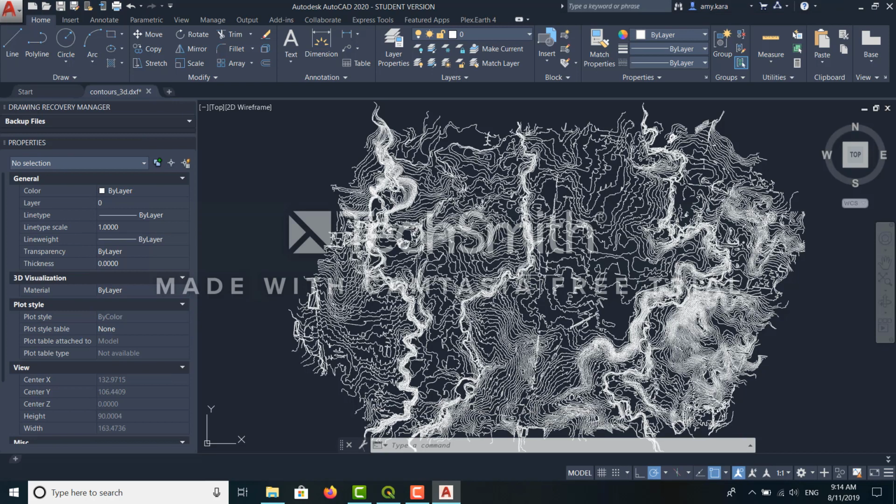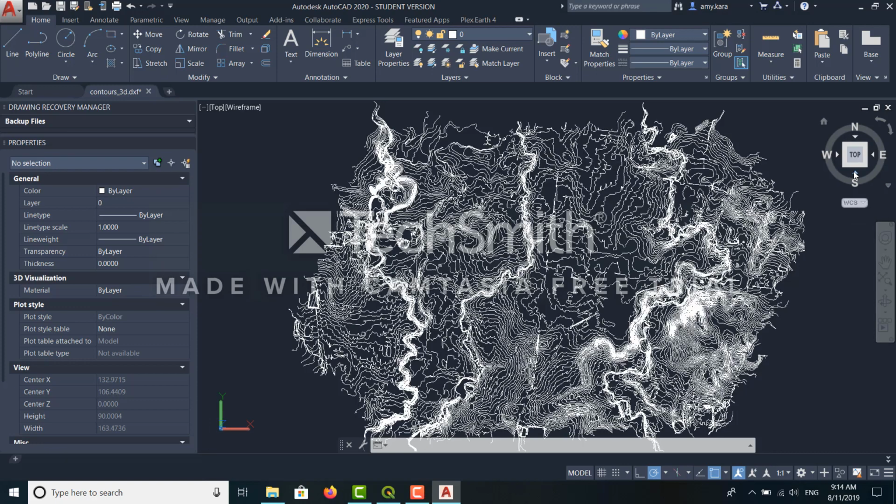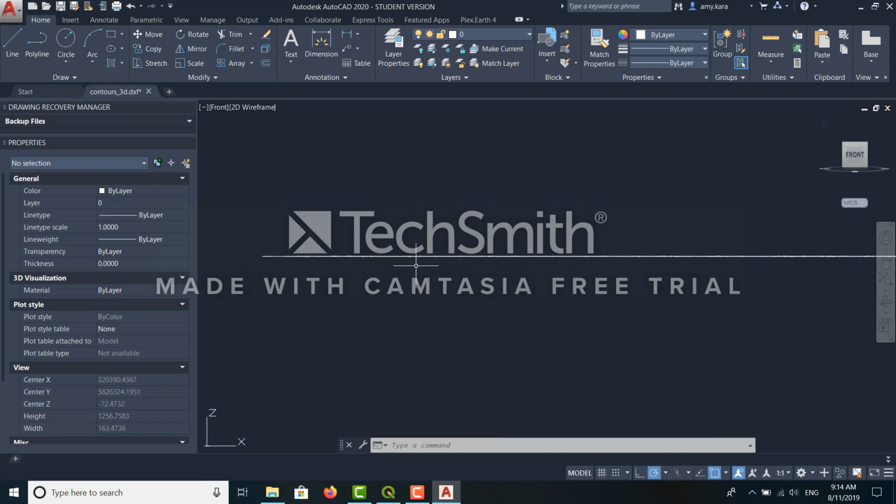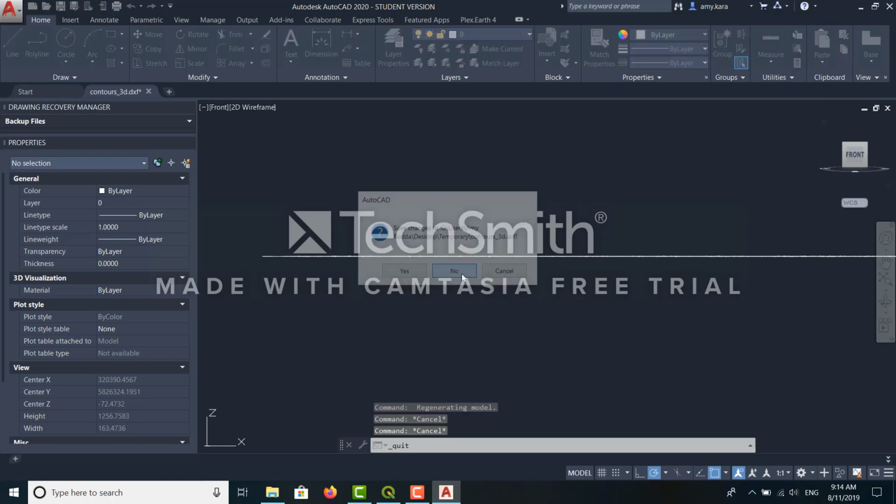Now we're going to go to the side elevation using the navigation box. Now, this is a problem. As we can see, it hasn't fully exported the contours into 3D. So there is a way to fix this. If we exit AutoCAD,